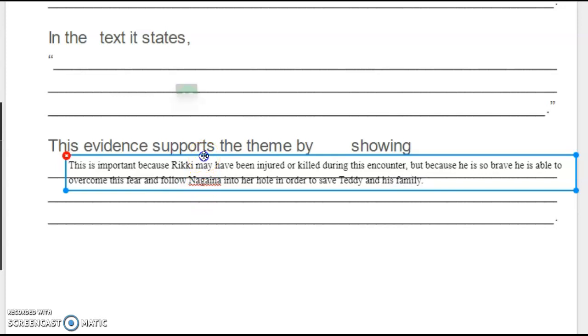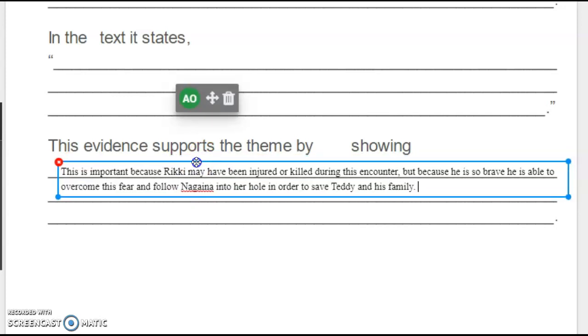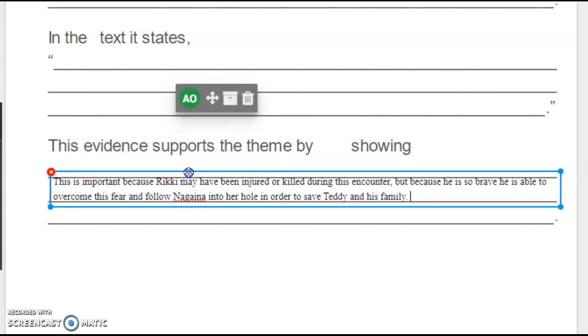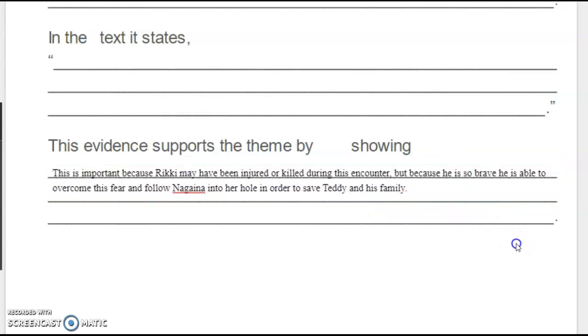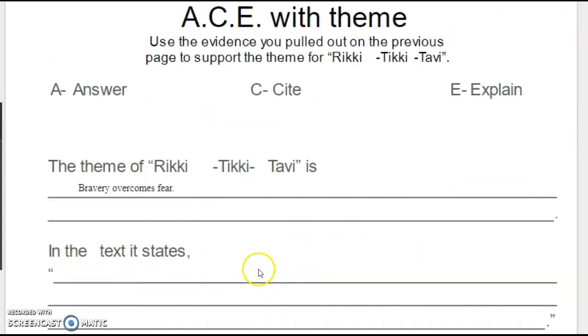Okay? Something along these lines, chicos, where you can really start to see there's a reason why he did this. Not just that he's randomly following Nagaina. He's doing it to save his family, okay? So once you guys did this,